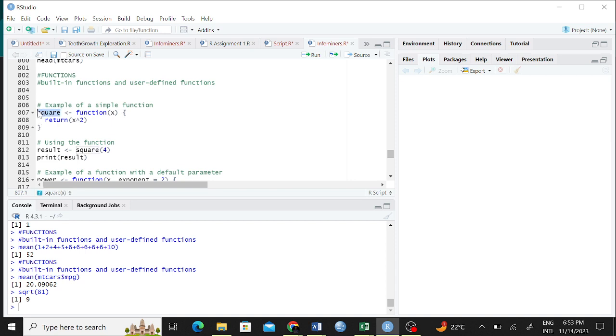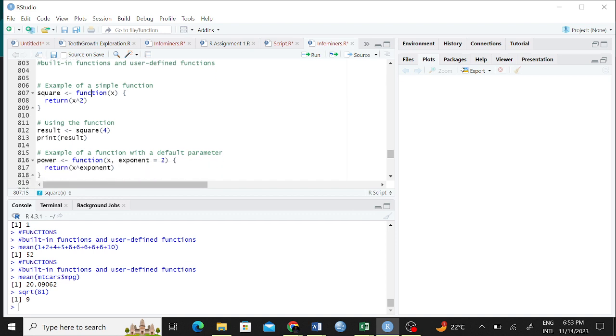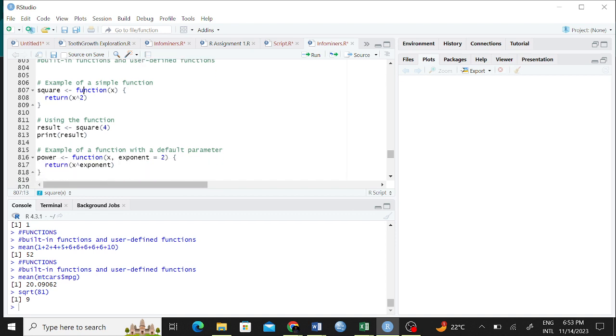You can call it anything, right? It doesn't have to be square, but of course you want it to make sense. Okay, let's start with this. So there's this square as the name, and then we have the function, right? So this is more or less the skeleton of a function. You'll see us writing function, and then you'll see us writing what we are supposed to be returning. So with this return, yeah.